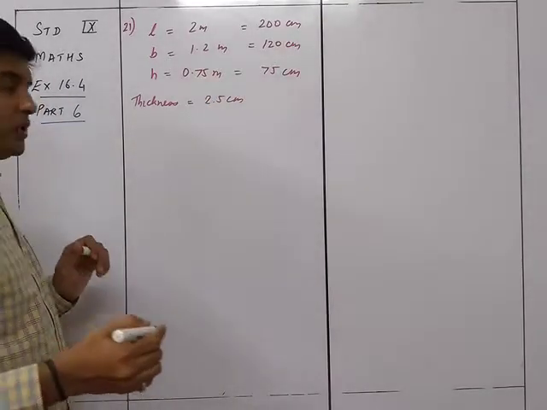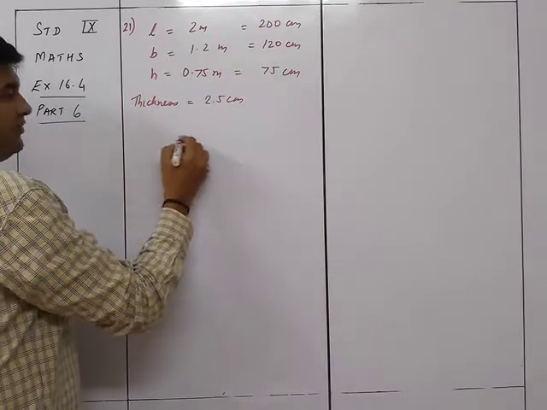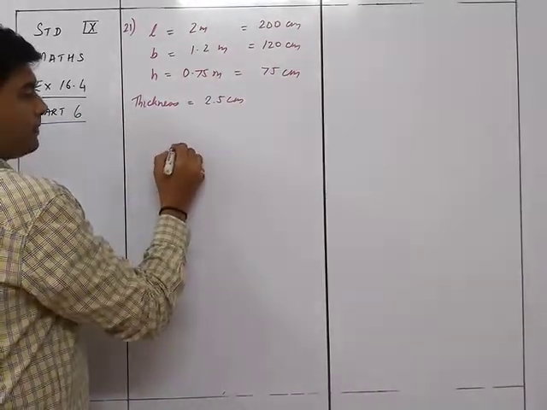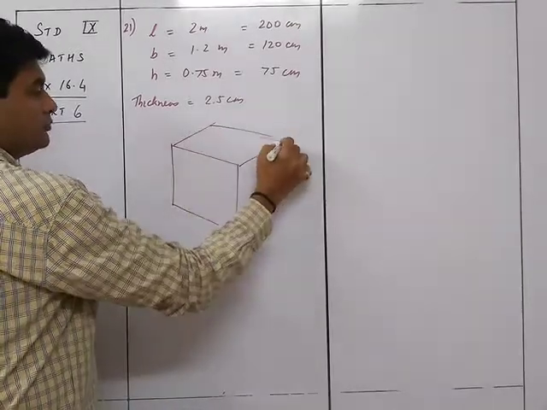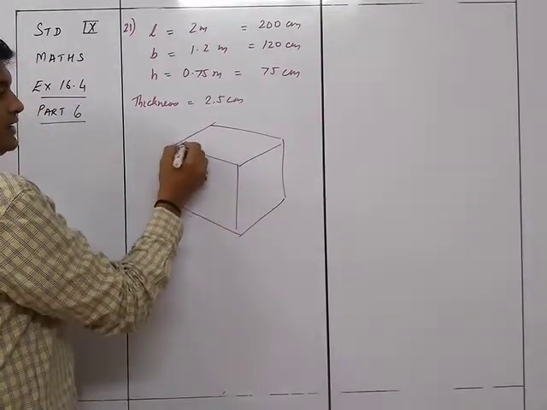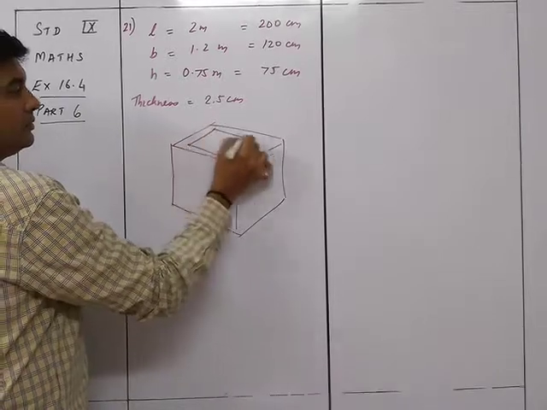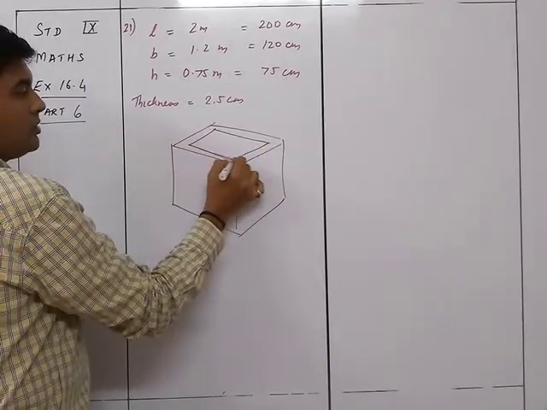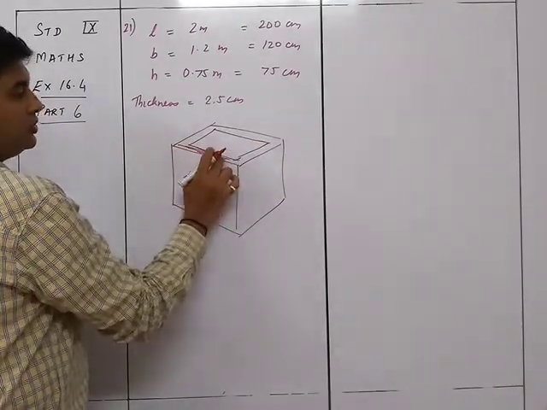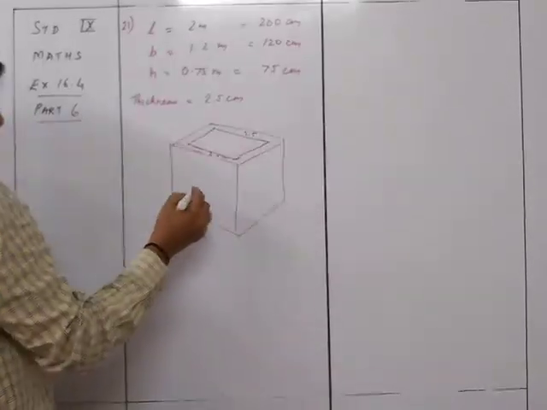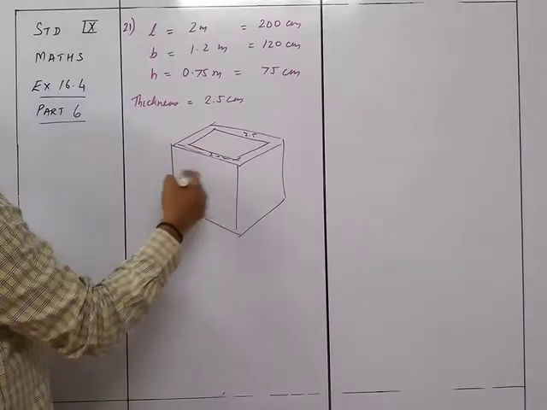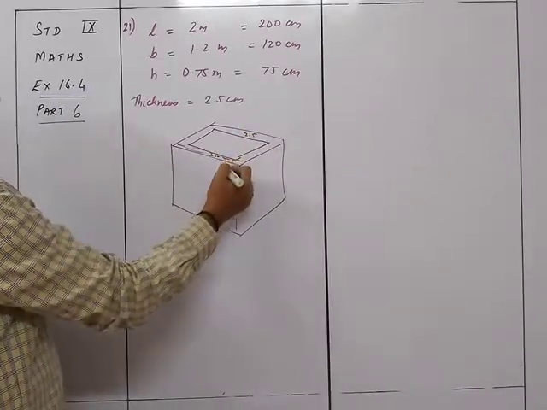So thickness is always on both sides. If you see the box, like if I see the box over here, the thickness looks like this. So this is the thickness we are talking about. The thickness over here is 2.5 and here it is 2.5. So automatically the outer length and the rest will be an addition of 5 to each of them.